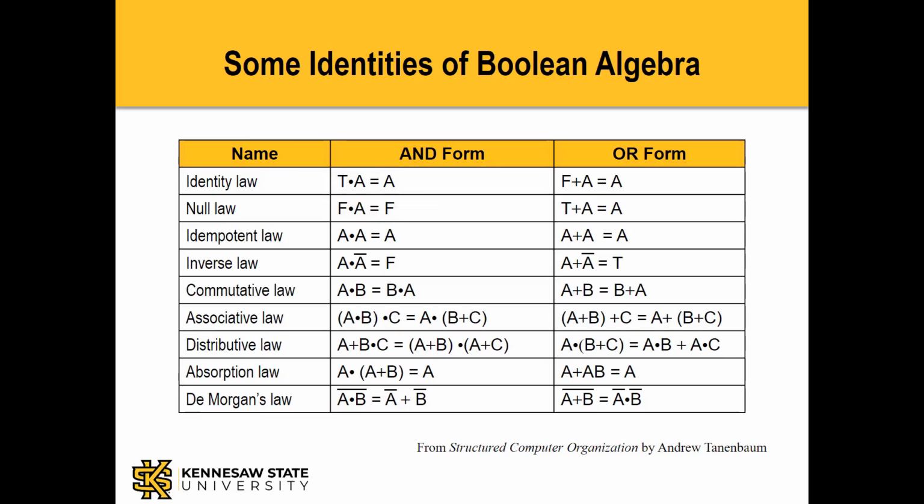So we change the true to false in the or form. False or A is always equal to A. Let's look at another one, the distributive law, because we're going to use that in a minute. And we're interested in the or form. So let's look only at the or form of the distributive law. A and parenthesis B or C is the same as A and B or A and C.